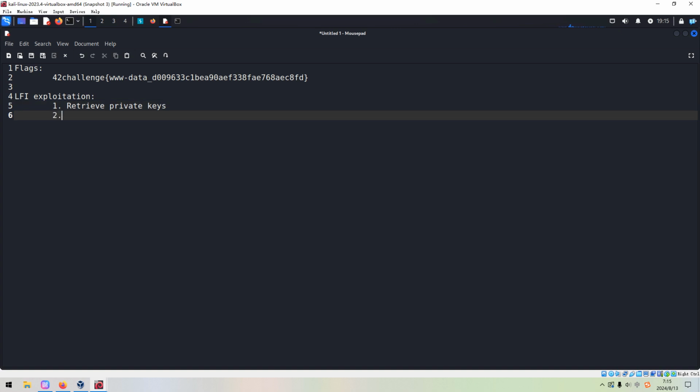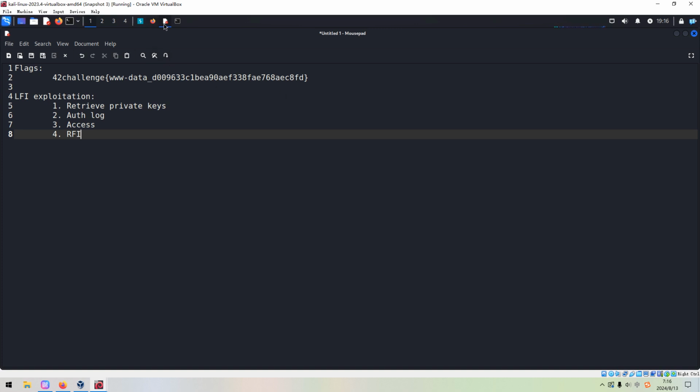Next, if not, we need to check whether we can retrieve the authentication log. And the next, we need to check whether we can retrieve the access log. In this case, the access log should be for nginx rather than Apache 2. And of course, we can also check whether the target has a remote file inclusion vulnerability.